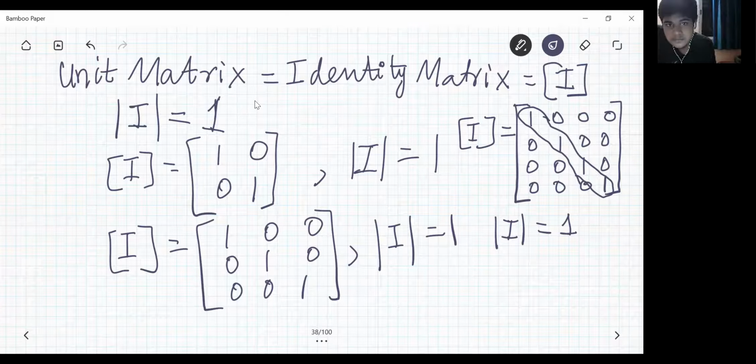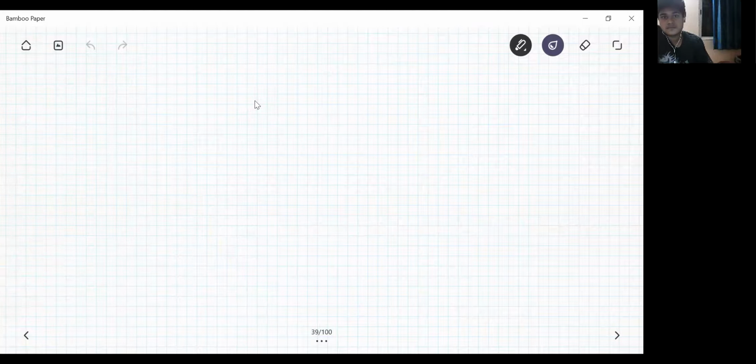So that type of matrix is called unit matrix or identity matrix, represented by the letter I. In books, they will write only I, but in handwriting, please write the rectangular brackets so that I is enclosed in the brackets. If you enclose the I with 2 vertical bars, then it is called determinant. And determinant of unit matrix is always 1. You're able to follow?